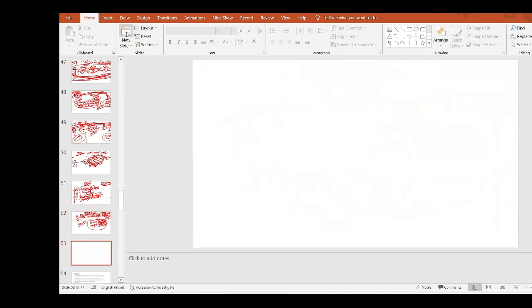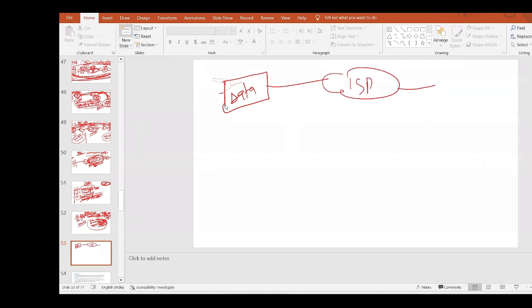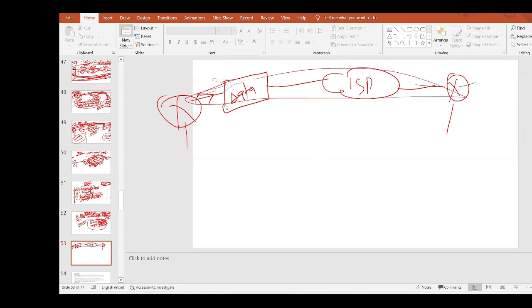What is integrity? Integrity means this is my data, any data. This is the ISP, and suppose this is a router, and there is another router, the bank router. Whatever data goes between them, a VPN is terminated from this router to that router. Any data going through this tunnel